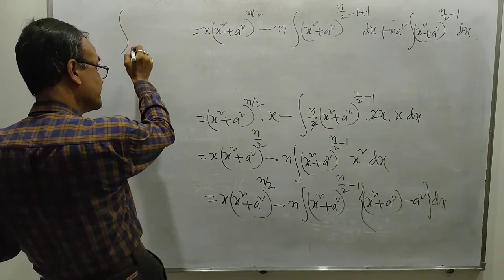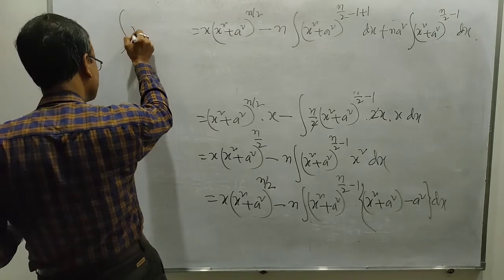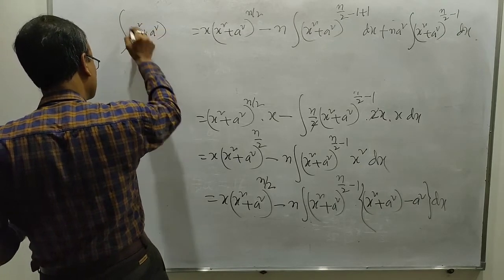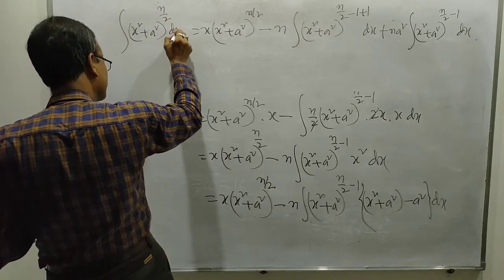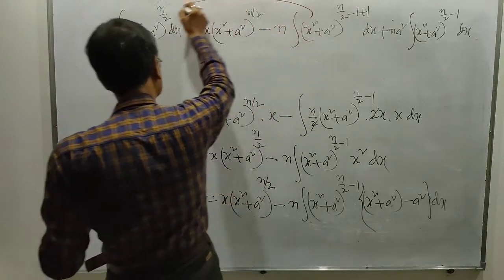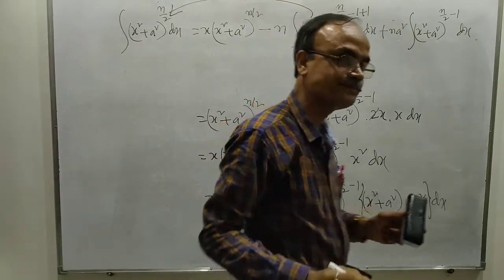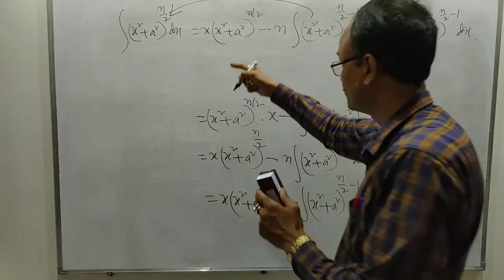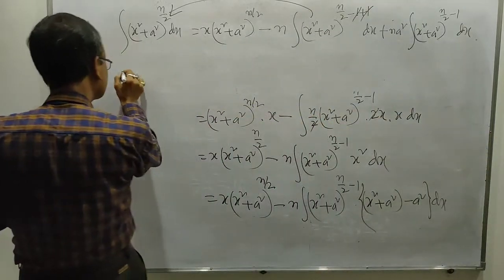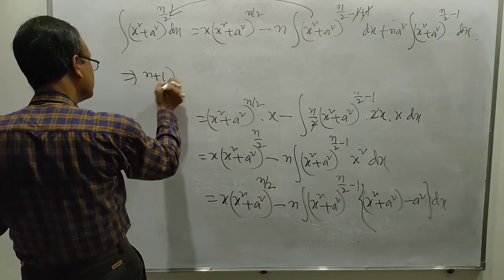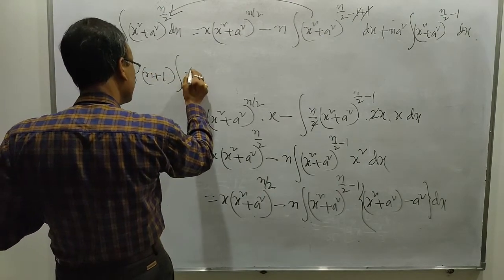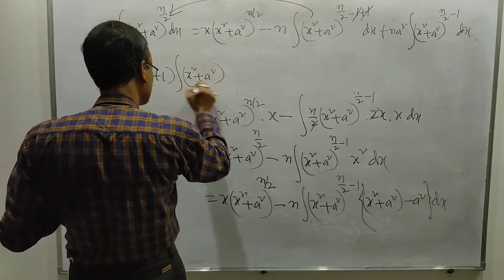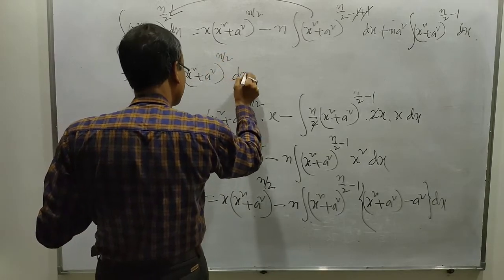And in the left hand side it was also (x square plus a square) whole to the power n by 2. Now take this term to the left hand side. The plus 1 minus 1 will be cancelled. You will get n plus 1 integration (x square plus a square) whole to the power n by 2 dx